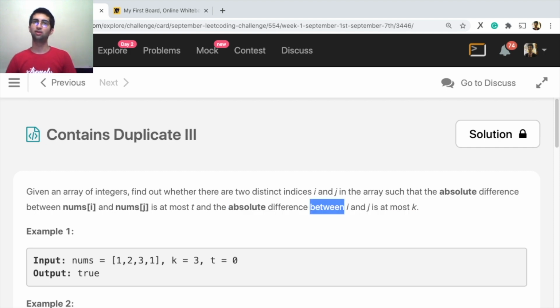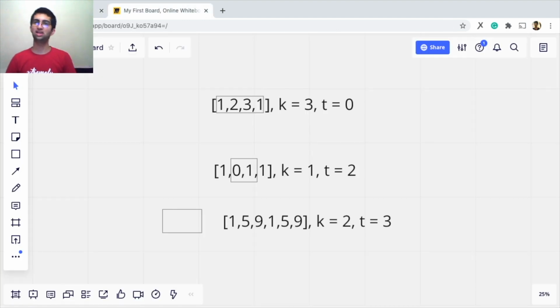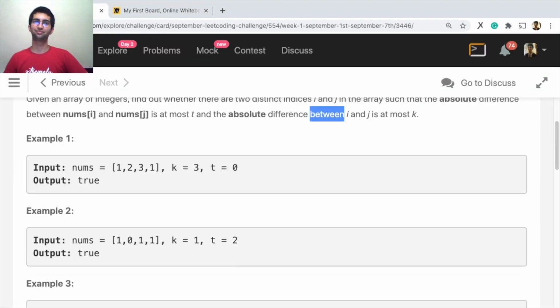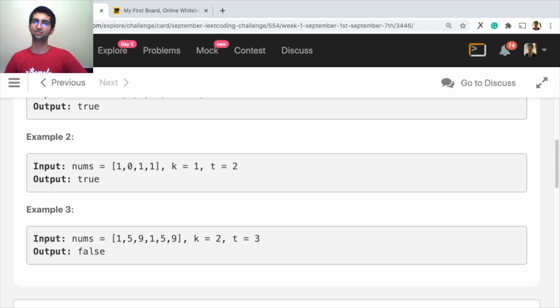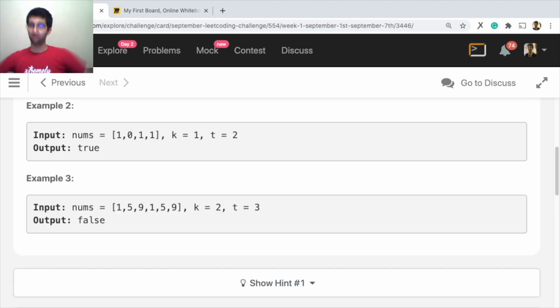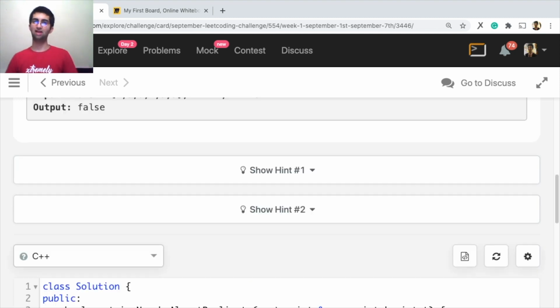And one more thing, why didn't I check ahead? I only checked behind, right? I was only searching for minus, not for plus. Simply because when you reach here, this would be 1 minus 0, right? So there would be no issue in that area. Actually, here only it would get satisfied. Now, true, true, false. True, true, false. Great. Now let's start the code.